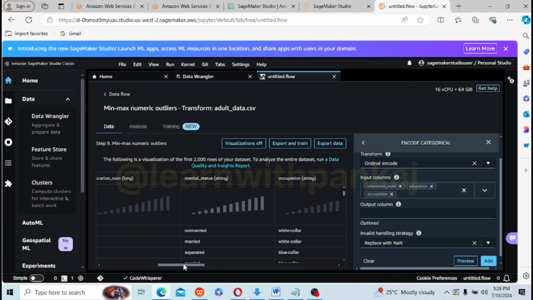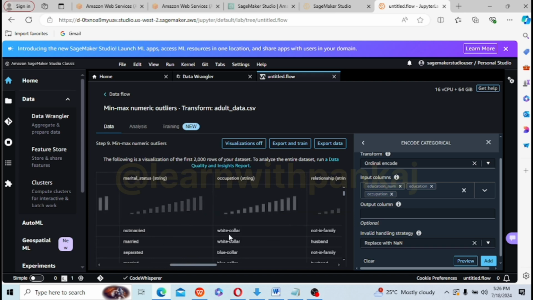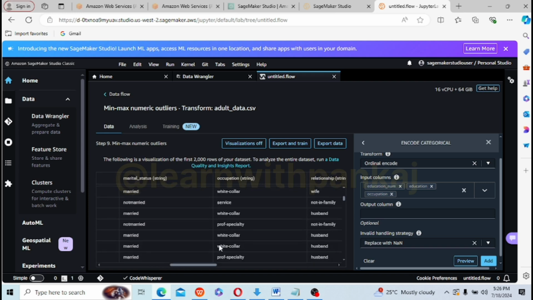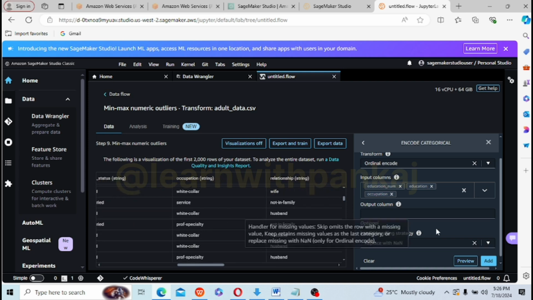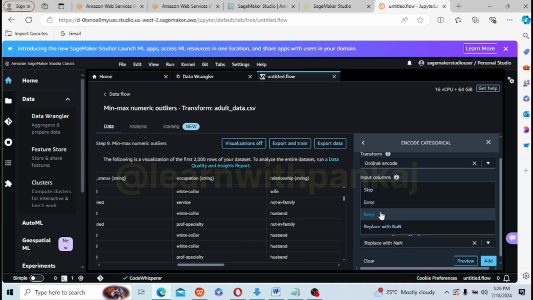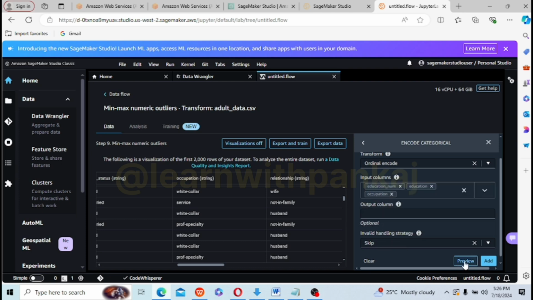What about the occupation? In occupation we have white collar, blue collar, different entries, right? So we have to convert it into a number, right? And for invalid, instead of replace with none, we will say skip, and preview.